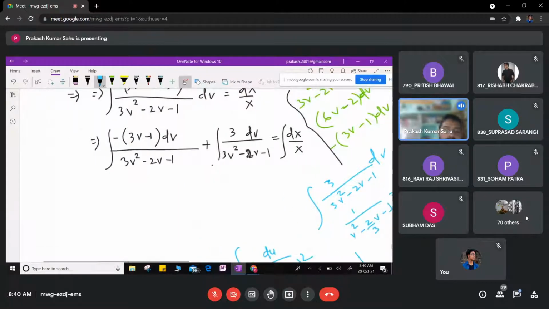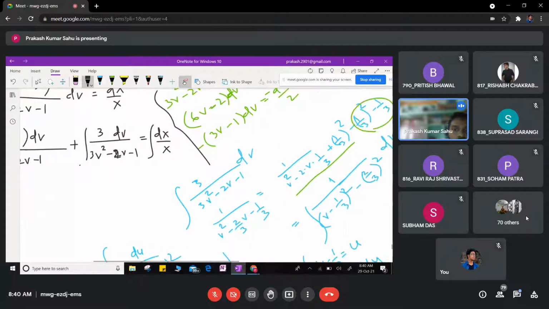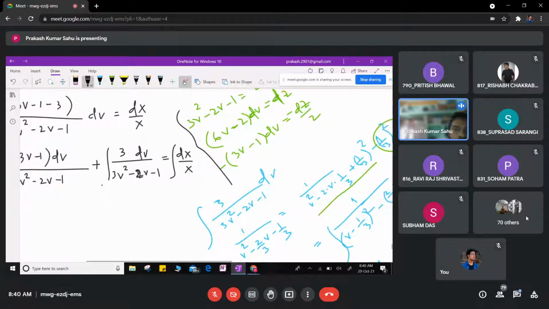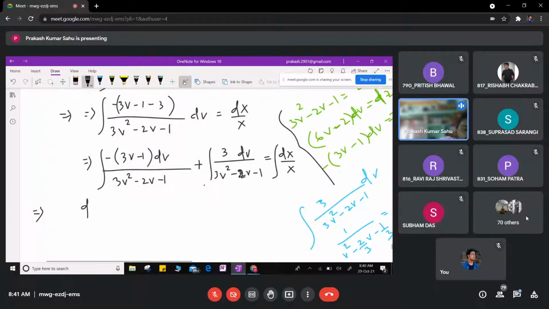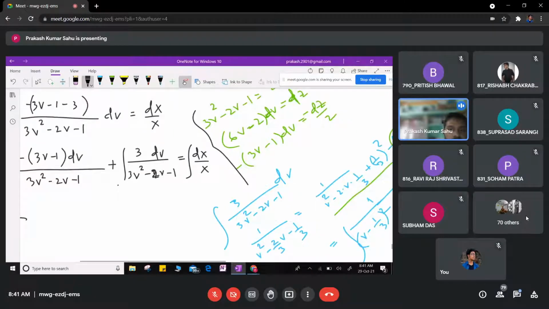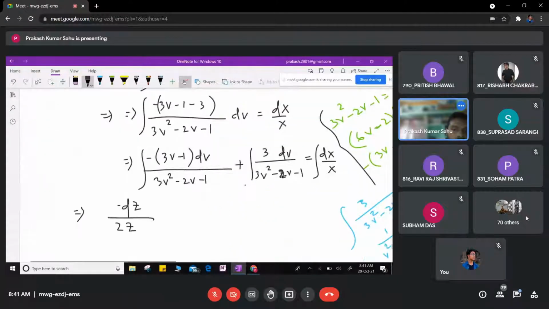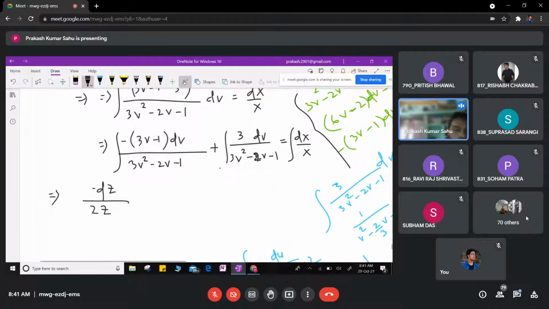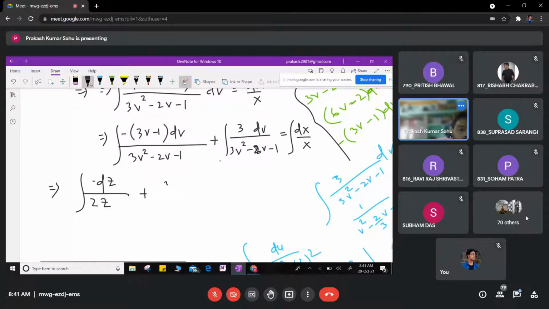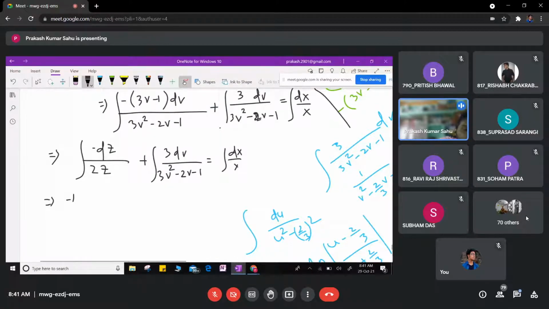तो ओके, मैं यहाँ पे इंटीग्रेशन, देखो तुम उसको करोगे, ठीक है, तो यहाँ पे तुम्हारा इंटीग्रेशन क्या हो जाएगा, देखो इस इंटीग्रेशन विल बी माइनस 3v माइनस 1 dv 3v स्क्वायर माइनस 2v प्लस 1, तो यहाँ पे तुम z पुट करोगे, तो ये हो जाएगा माइनस dz/2z, ये सर नो, माइनस 2dz/2z। ओके, यहाँ पे मैं फर्स्ट इंटीग्रेशन में सब्स्टिट्यूट कर रहा हूँ, एंड सेकेंड इंटीग्रेशन तो मैं ऑलरेडी सब्स्टिट्यूट कर चुका हूँ, तो हम डायरेक्ट इंटीग्रेशन का वैल्यू लिखेंगे। ओके, दिस इज 3dv डिवाइडेड बाय 3v स्क्वायर माइनस 2v माइनस 1, ओके, इंटीग्रेशन इज इक्वल टू dx by x। ओके, तो हियर दिस इंटीग्रेशन विल बी व्हाट, माइनस 1/2 ln z